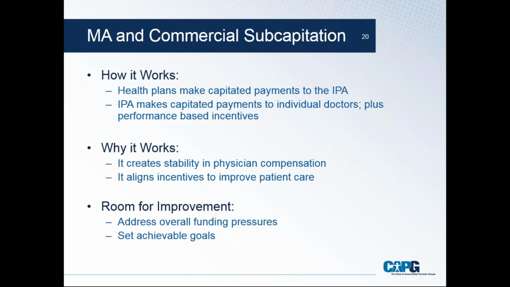Why it works: their clinicians have been very happy with this model because it creates stability. They know what they're going to be paid. It is predictable. Before they put this model in place, there were different types of contracts with different types of clinicians, and the reimbursement rates were all over the place, but mostly headed downward. The subcapitated model allowed this group to create stable, predictable payment arrangements, and that helps, especially with the independent practice model, where you have physicians who are in independent practice who now have a reliable, predictable stream of income.